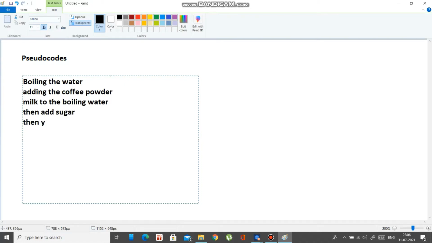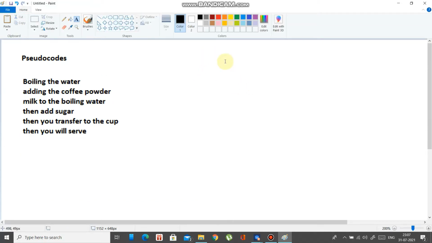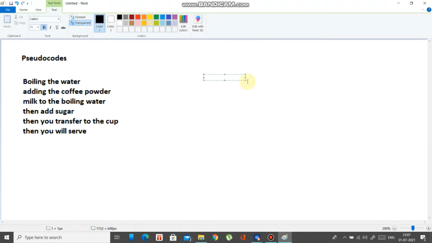Then you will transfer it to the cup. Then you will serve. That's the procedure. These are the statements. So there are some statements which will be given like this.